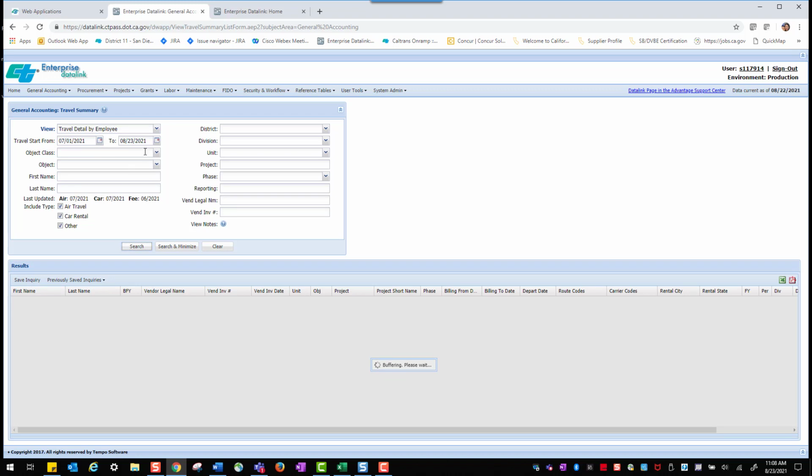And here's where, as a budget manager or resource manager, maybe you need to track expenditures, and maybe project for a specific employee that you know is traveling all the time. So what you want to do is start to look and see what their averages are, maybe in a month's time, and then that would help you project. If they're always traveling every month to the same location, then that's a pretty average straight-line projection. If you have an employee that's traveling statewide, you're going to have different cost analysis that goes with each travel